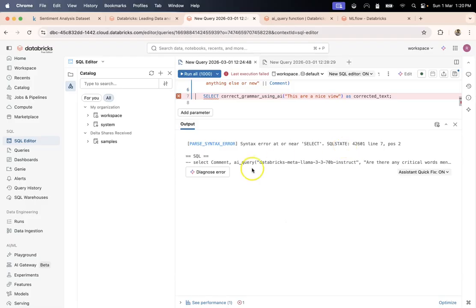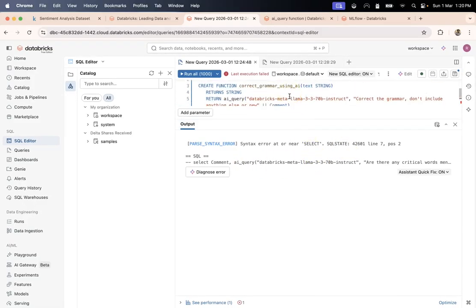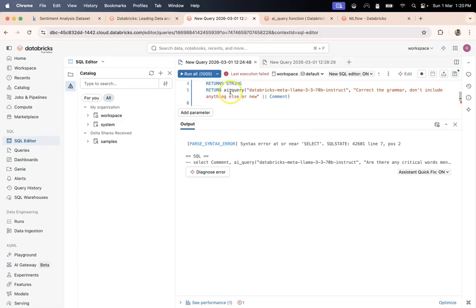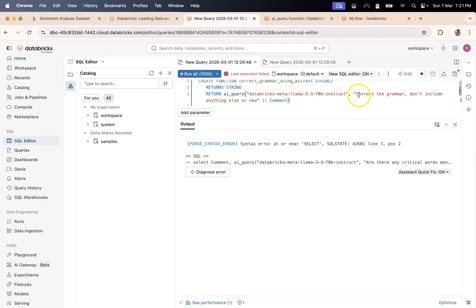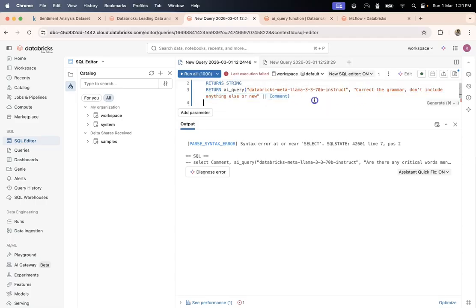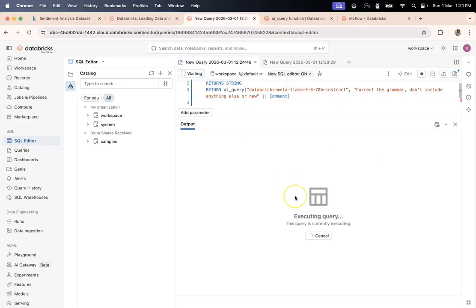It says select. Are there any critical words mentioned? One second. Why is it not taking this? It's saying okay, so let's see why it is failing. Is it because of this usage? One second, let me run this again.